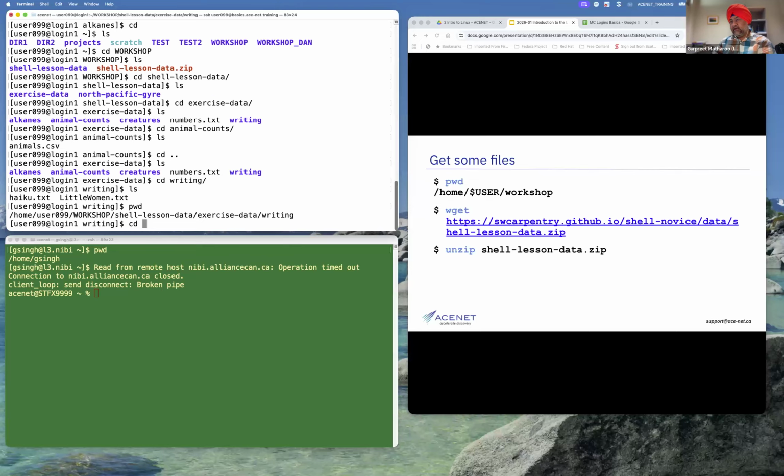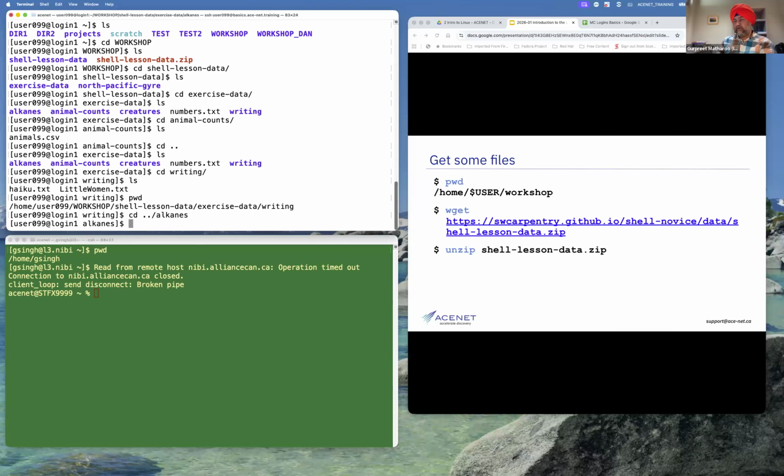So cd space dot dot takes me back one step to exercise data, but at the same time, I put this slash and type alkanes. And if I do this, I will be directly in alkanes over here.